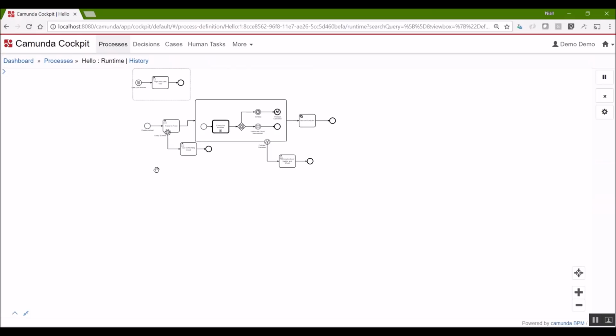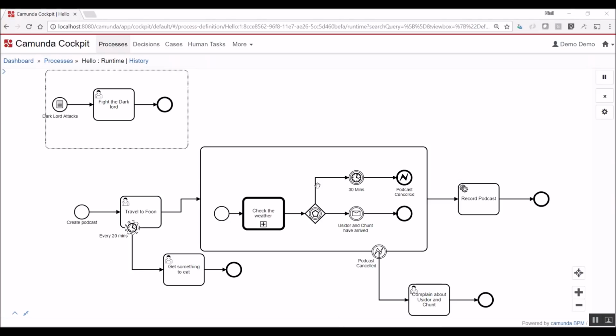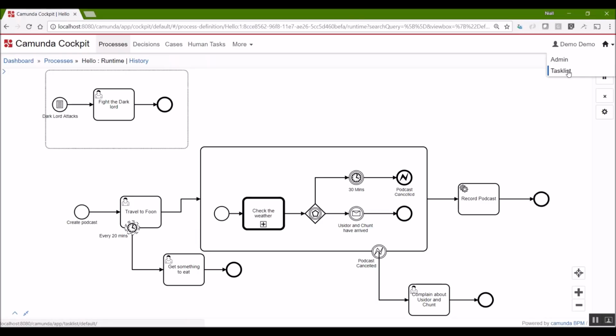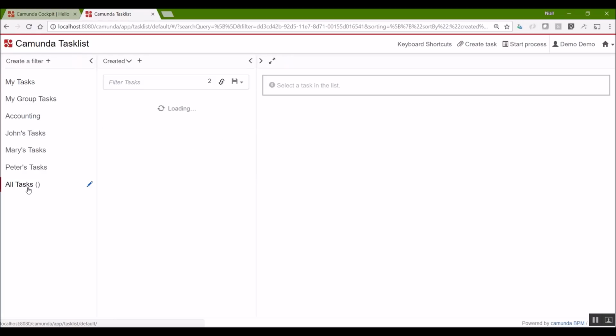Okay, as you can see, there's not much happening right now with it. But of course, we can start a few instances now and step through it and see if all of this works. So just like in the other tutorials, if we want to step through a process or start it or do anything like that, like any direct use of the process, we actually need to go to task list. So for that, I'm going to click on the house in the top right and click on task list. I'm going to open it in a new tab because that way I can switch back and forth easier. And once I open here, we can see the filters here. I'm going to select all tasks.